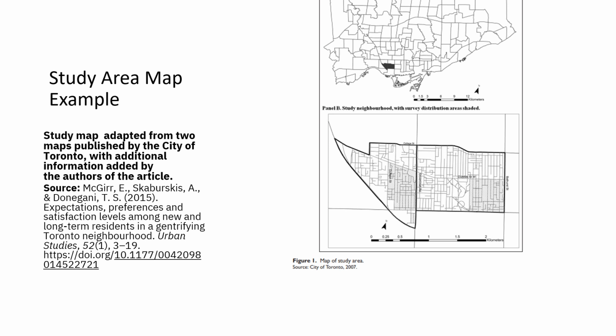This is another example of a study area map from a journal article. The figure has two panels, one that shows all the neighborhoods of Toronto, and the second indicates where the study area is located in the City of Toronto's Dover Court neighborhood, from Dufferin to Bathurst Streets, then between College and Queen Streets. The map is zoomed in with major streets labeled. Note that the source shows that this study area map comes from the City of Toronto.